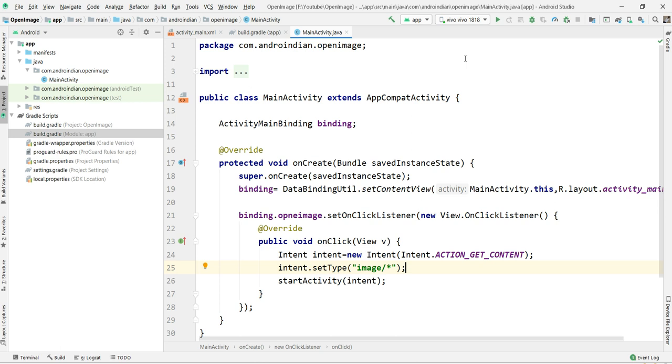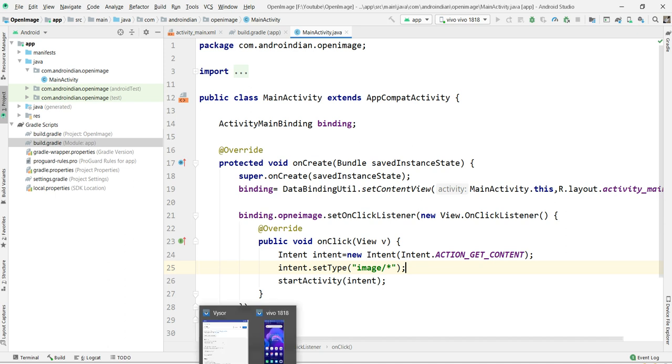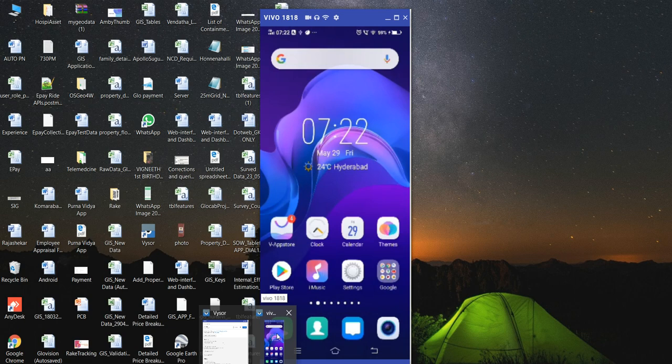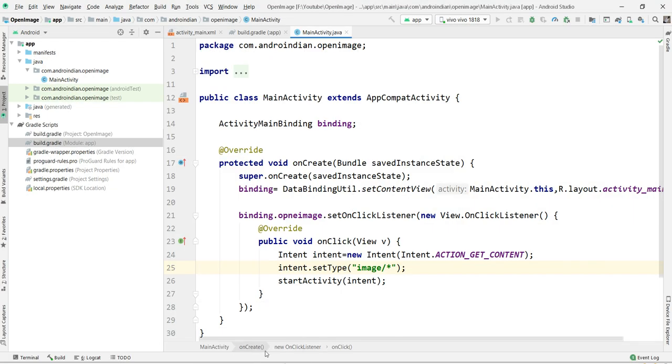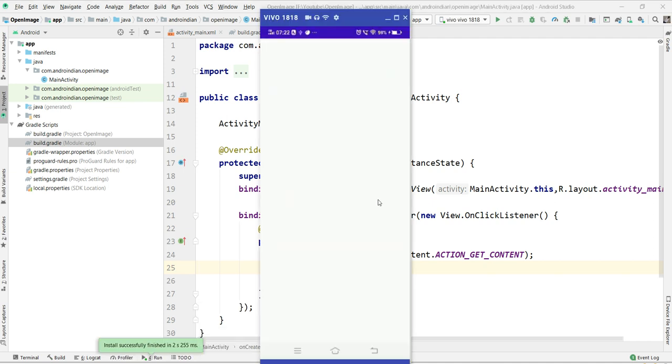Now I'm running this application. You can see if it is opening an application on my phone or not. We can see it opens automatically on my phone. Just I'm opening this. Once it runs, we can check how it is opened. So I'm running this application, so it's installing. See, here now I'm clicking on this.